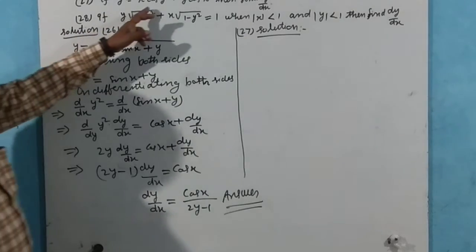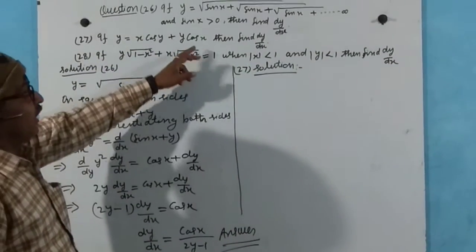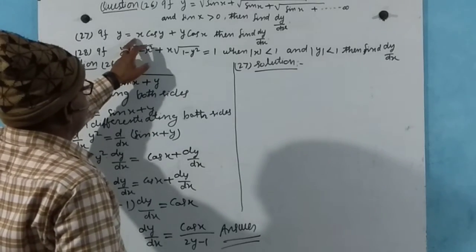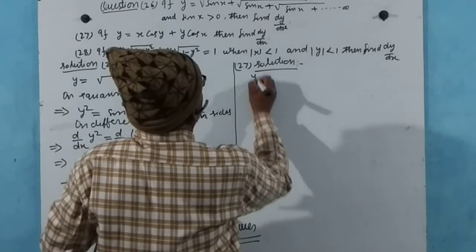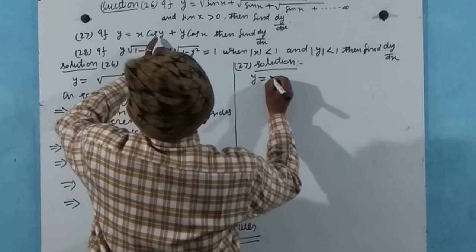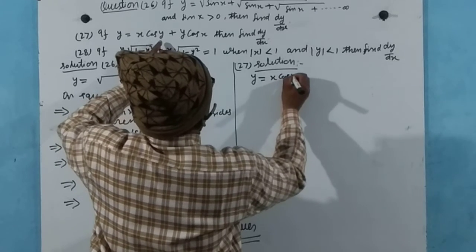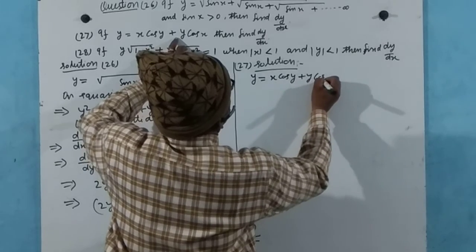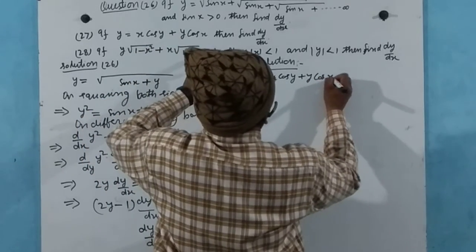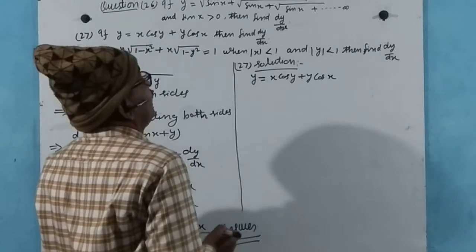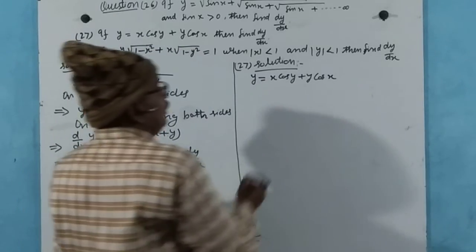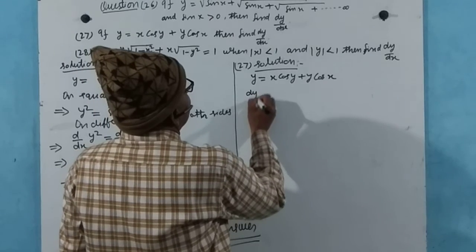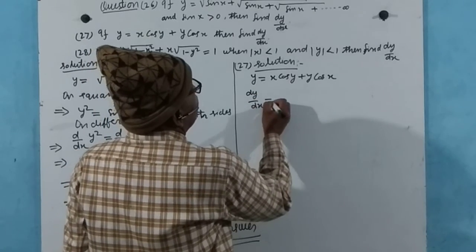If y equals x cos y plus y cos x, then find dy by dx. Differentiating y equals x cos y plus y cos x with respect to x, dy by dx equals